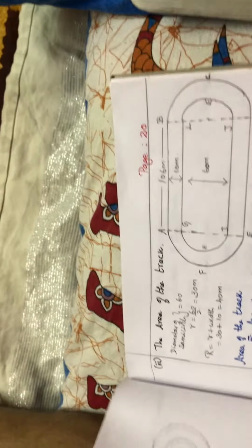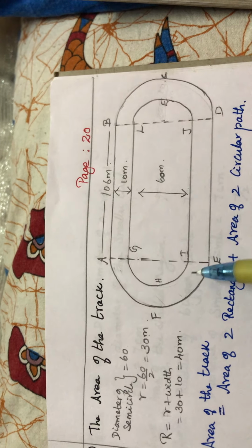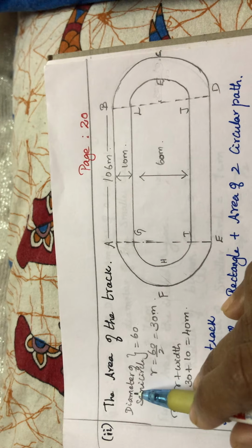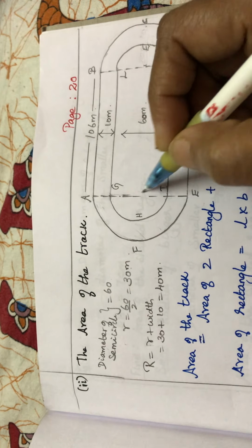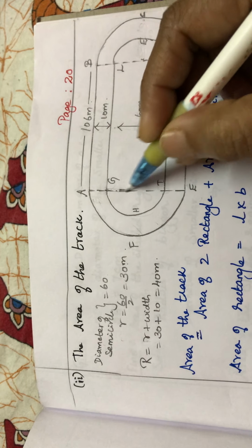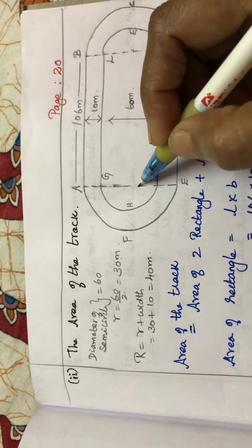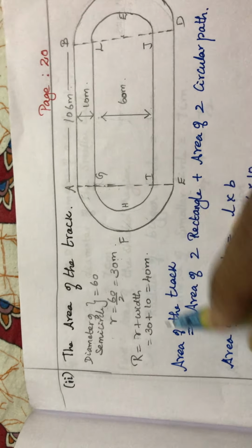In the second part, they are asking you to find the area of the track. So the entire area we are going to find. Here the same concept as I last explained: the diameter of the semicircle for this region is the distance only. So this is 60, what will be the radius? The radius of this semicircle is 30 meter. Before I forgot to write, that's why I have written it here with a pencil.